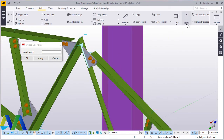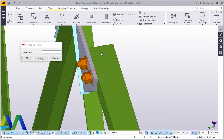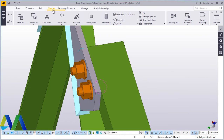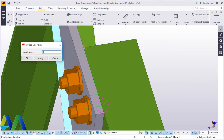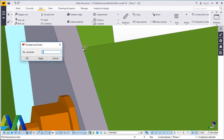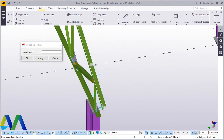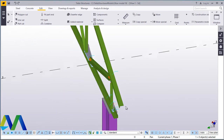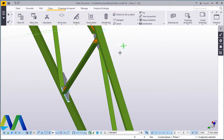You'll come here and come to points, online, then come to view, come to navigate, rotate with mouse and rotate about that spot. Now we want to locate a midpoint here. We'll cancel out that, then come to edit, then come to points, pick that. I'll snap that spot and run to this end and snap here, right there. So if I zoom out, I'll be able to see that here is my midpoint on that chord,